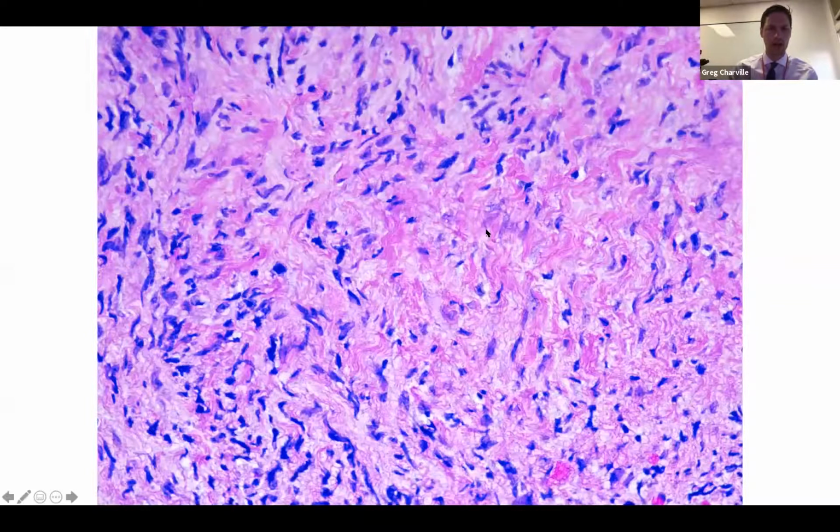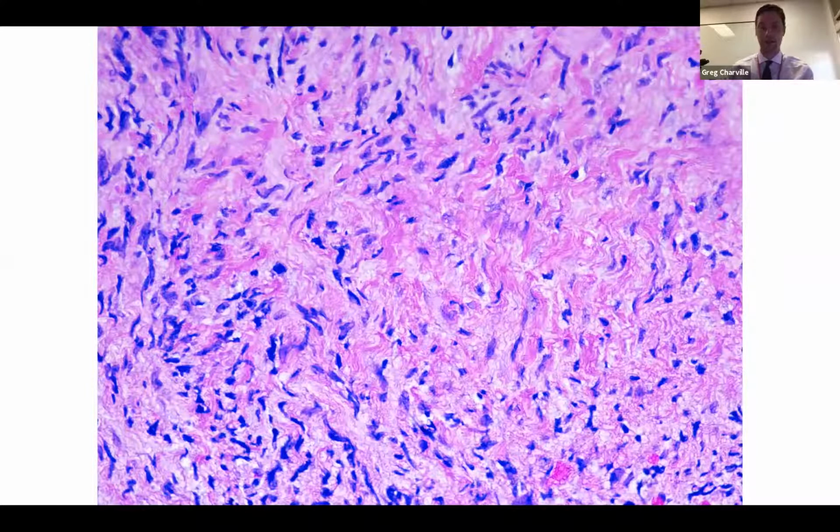quite hyperchromatic. This was a unique view where the cells did appear somewhat vacuolated. There's some cytoplasmic vacuolization. I don't think anything that reached the level of obvious lipogenic differentiation. And overall, I would say that there were not features that clearly demonstrated the cytodifferentiation of this tumor. You can see quite a bit of fine collagen in the background in the more hypocellular areas. And again, I would argue that the vasculature in this tumor was overall inconspicuous, did not have a